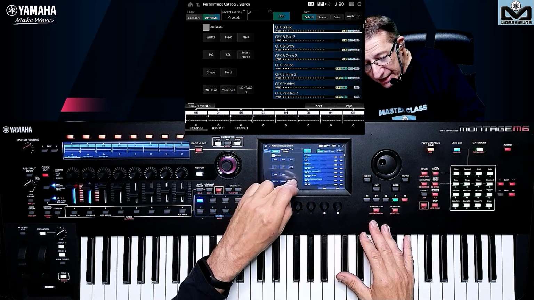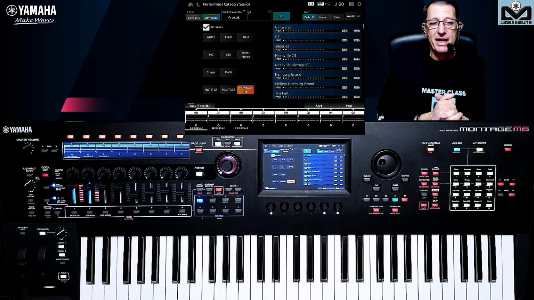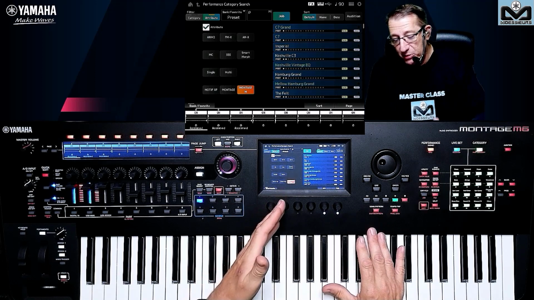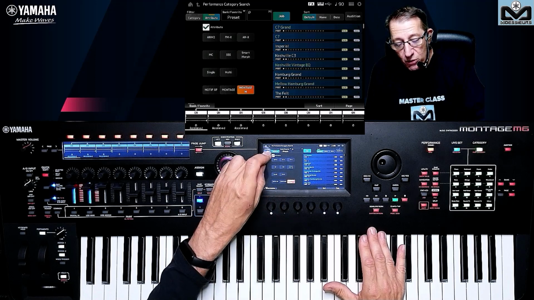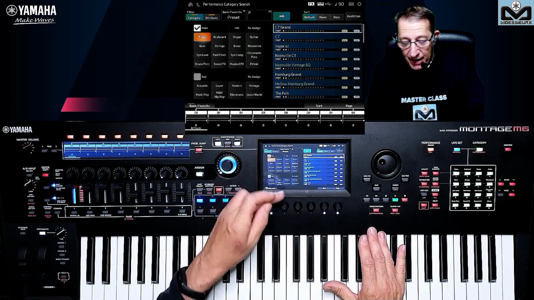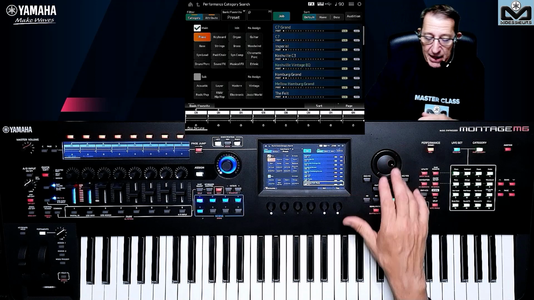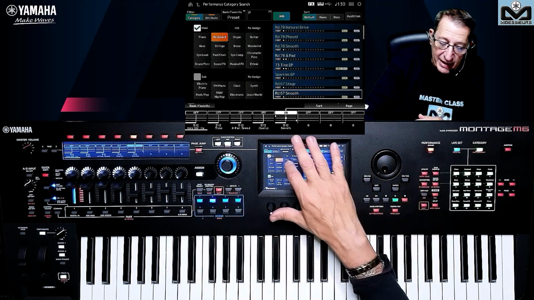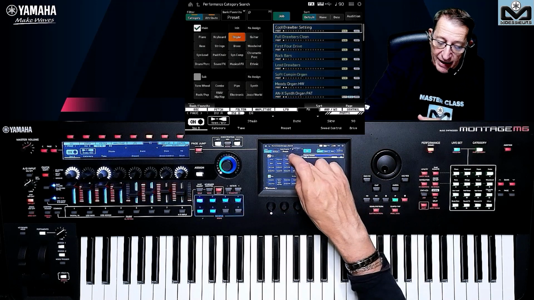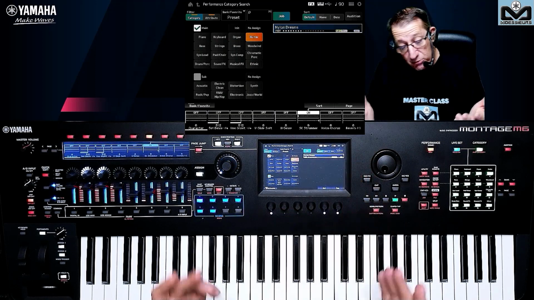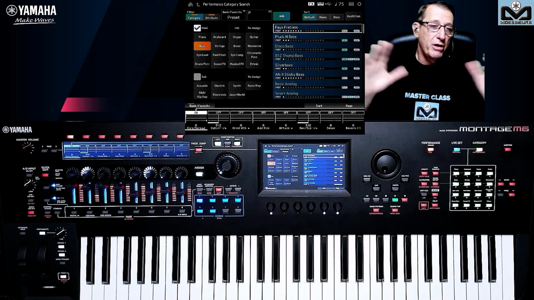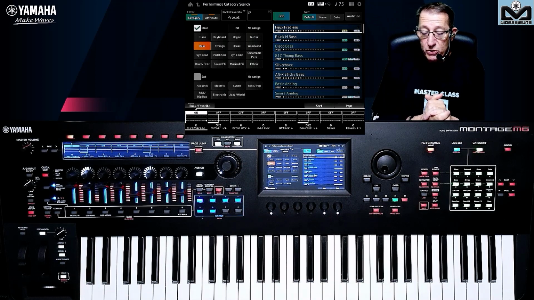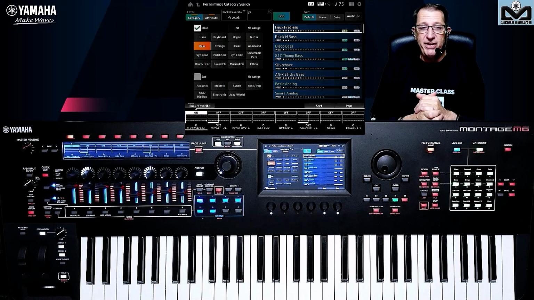And if you receive your Montage M and say, I want to check the new sounds, go to attribute, go to Montage M, and now you can navigate and say, okay, here this is all the new piano. Here, this is all the new keyboards. Here, this is all the new organ. Here, this is the only new guitar. That is one, etc., etc. I will not go through it because it will take too much time. And this is how you can work with this screen.